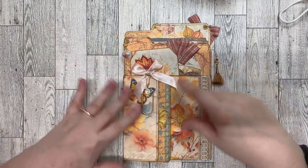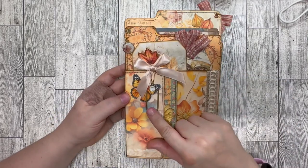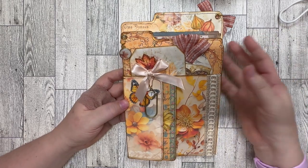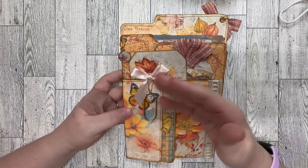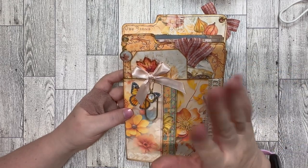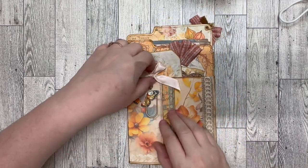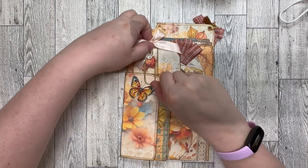All right, so to start, I've made the large paper clip with the bow, and it has a T right now. I just put a T on it for Times and Seasons, but if you decide you want to purchase this, then I'll change the charm to whatever letter you would like. So we have our large paper clip,